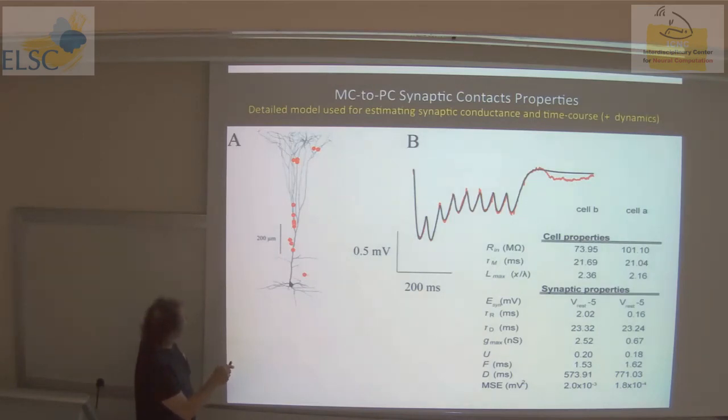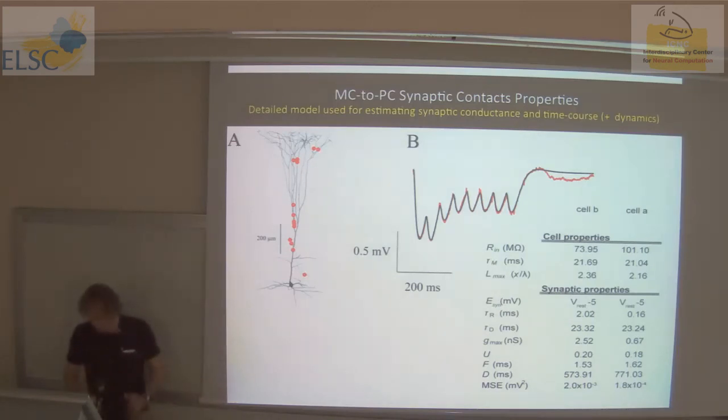So we can estimate the conductance change per contact that will give you, for this particular tree and this particular location, this IPSP. We can also compute other parameters for the dynamics of this synapse. I'm not going into it. But since we have quite a handle on the strength of the Martinotti conductances,